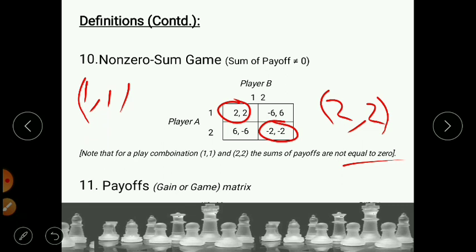Now what it does, it is a kind of a table or a matrix that shows the amount received by the player named at the left hand side after all possible plays of the game. The payment is made by the player named at the top of the table. So that is called the payoff table or a payoff matrix. Fine.